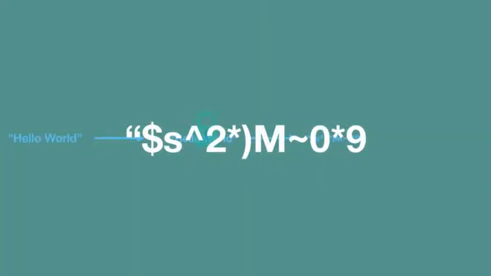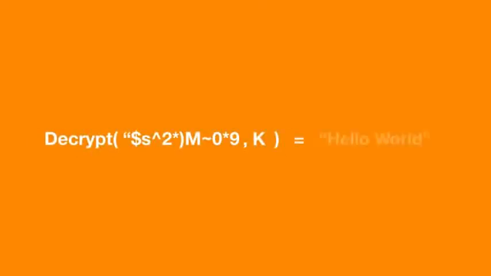Please note that encryption is basically done at the binary level, and the key that we are talking about here is nothing but a stream of binary data, that is zeros and ones, one after another. So if we want to decrypt this text, we simply pass it into a decryption function along with the key. Let's say the key is K. If the key is correct, we successfully decrypt this message and we now have the original text, that is